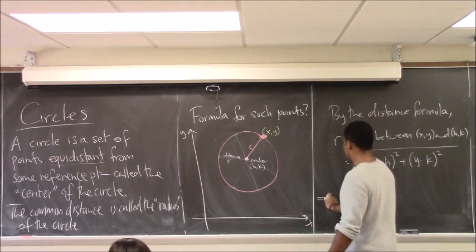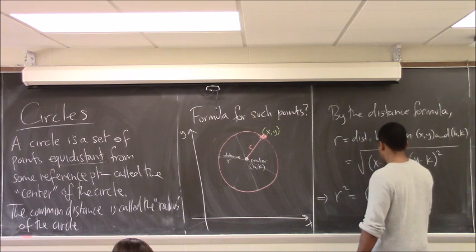In other words, r squared is going to be, if I square both sides,